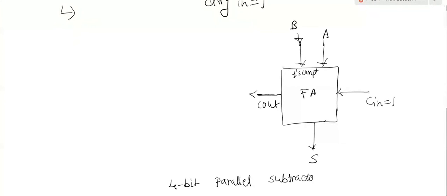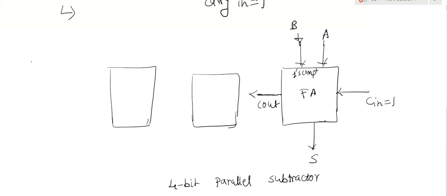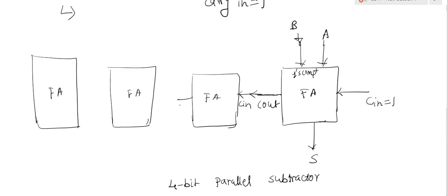Now if I want to implement a 4-bit parallel subtractor, I need to use 4 full adders. So I am using here a second full adder, a third full adder, and this is the fourth full adder. The carry out is given as the carry in to the next, carry out is given as carry in, carry out is given as the carry input.